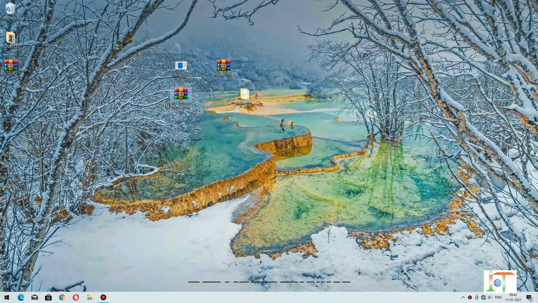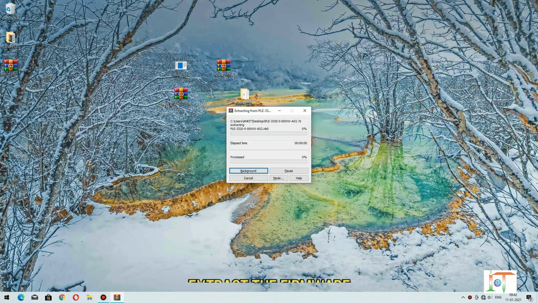Now extract the firmware file which you have downloaded from the link in the description.